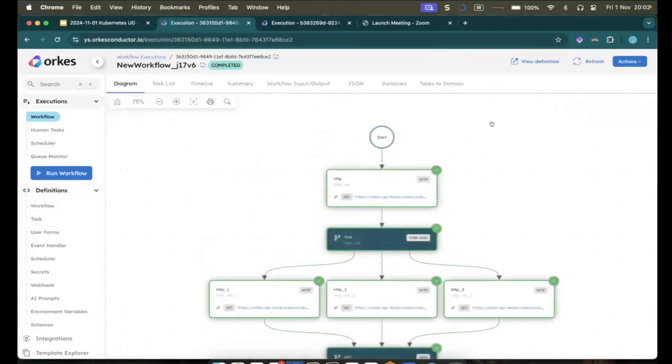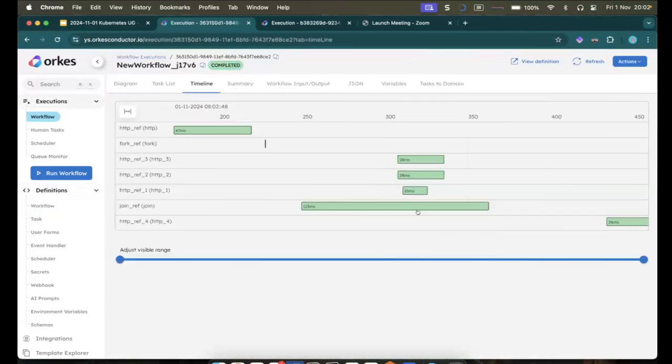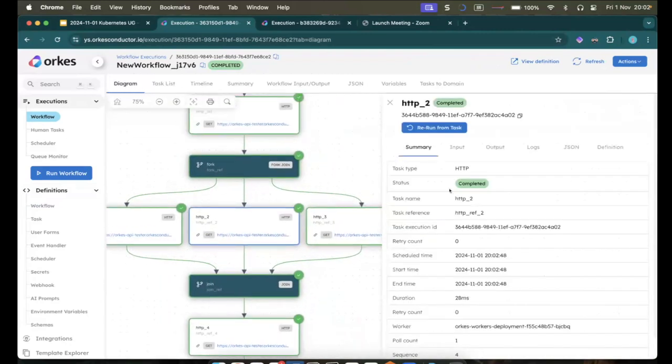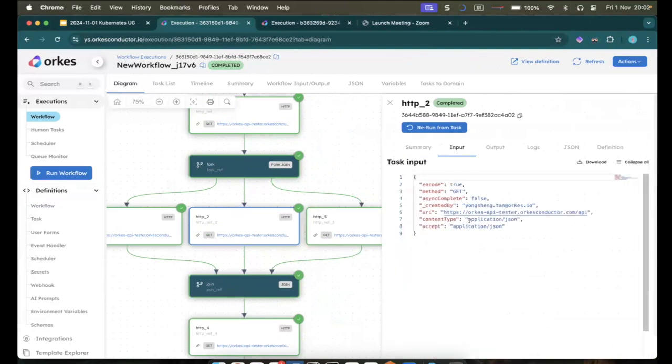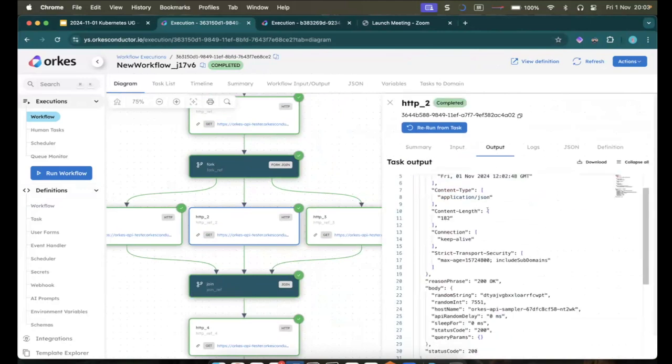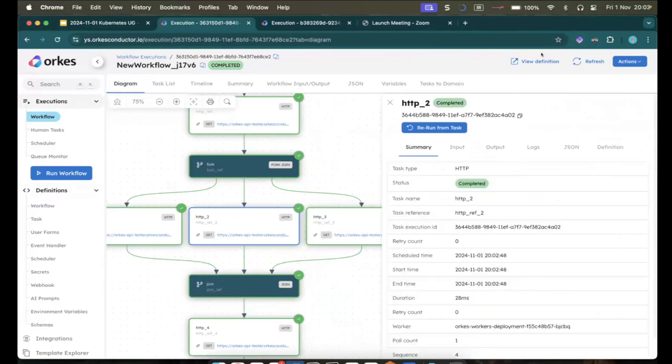And you can see that the execution runs pretty quickly. You can look at timelines to observe each and every task that has run. You can introspect every single run that has happened and look at the inputs that have gone into it, the outputs that have come out of it, and so on, right? You can also